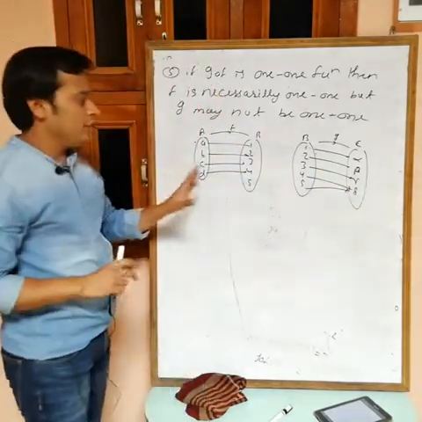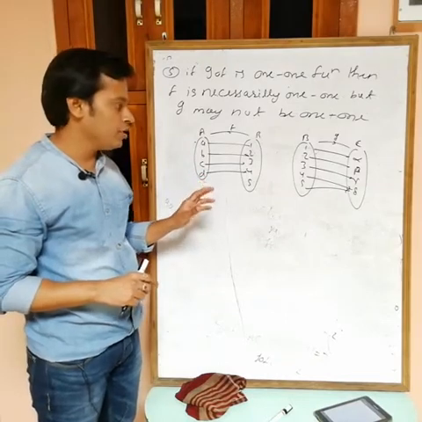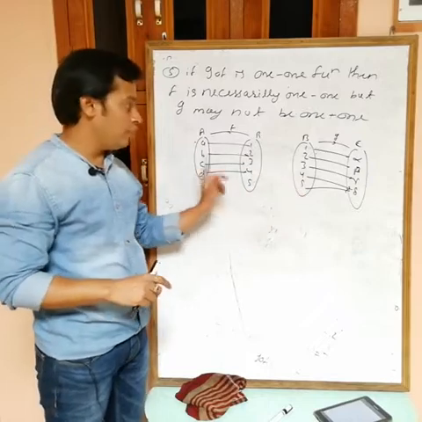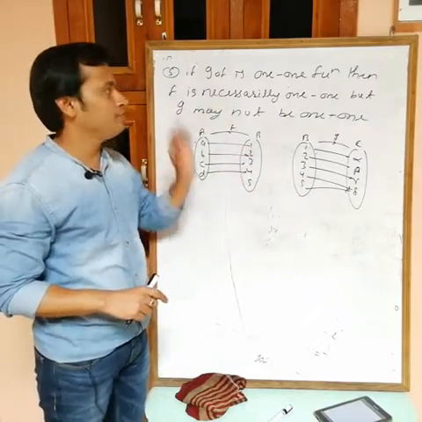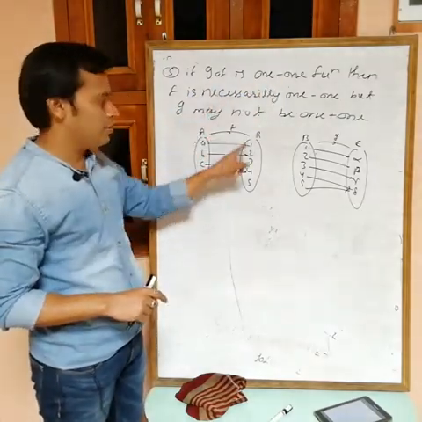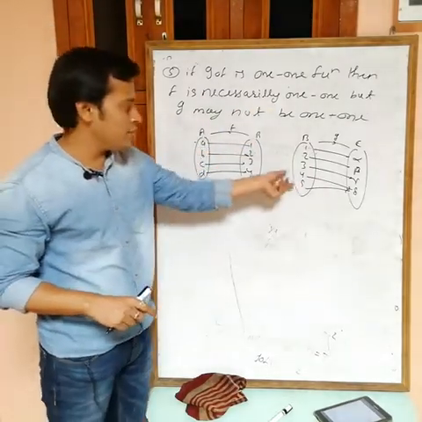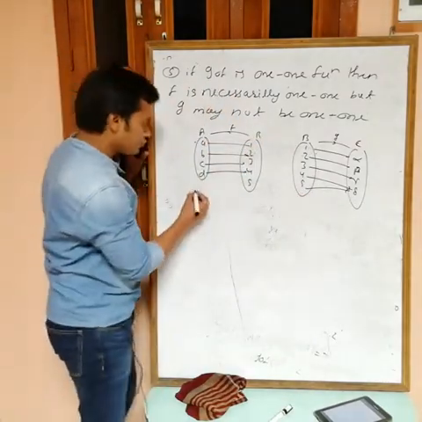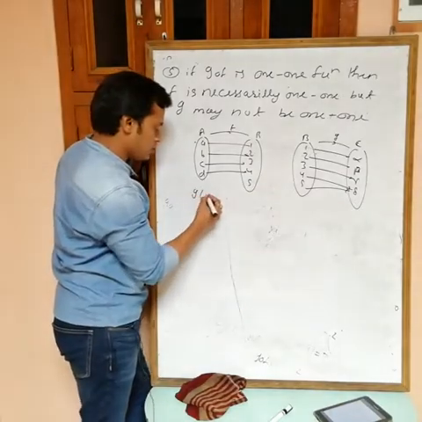Now see, in this case first check one thing: f is 1-1 now, and this is a function obviously, and g is many-1. f is 1-1, g is many-1. Now check for gof. Here I am writing: if gof is 1-1 function, then f is necessarily 1-1, so I am taking f 1-1, but g may not be 1-1, so I am taking g as many-1. Now I have to prove that gof is 1-1. So gof is defined from A to C, that is clear now.